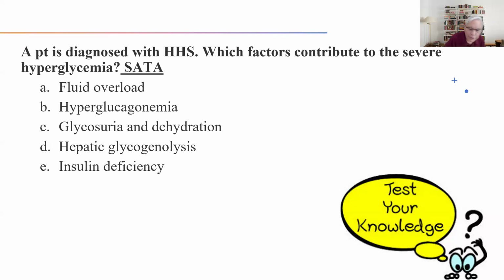Okay, this question is a little bit difficult, so let me interpret it for you. So a patient has HHS. It says, why is it that there's too much blood glucose in these patients? What's causing it? Okay, so is it caused by fluid overload? And that is no, obviously, it doesn't have any relationship with it. How about hyperglucagonemia? So you remember that